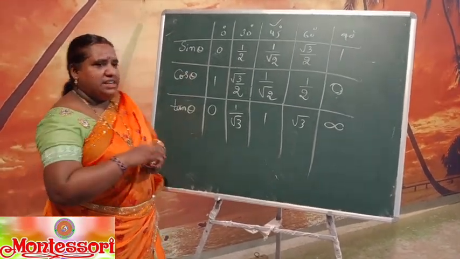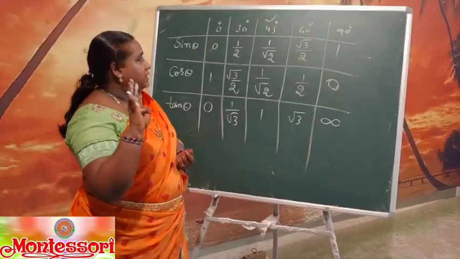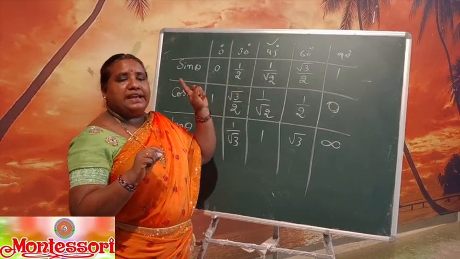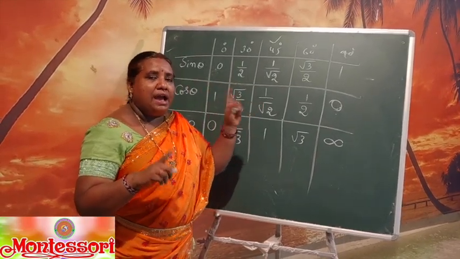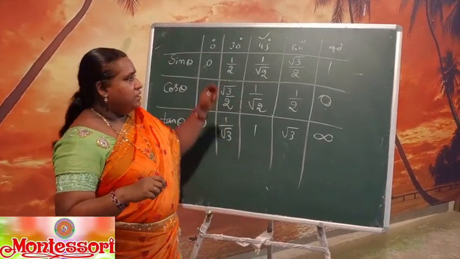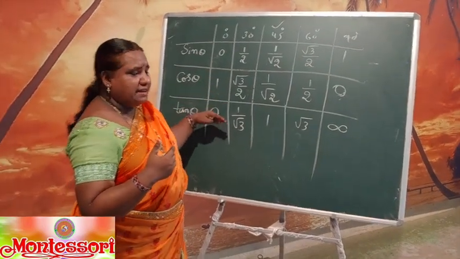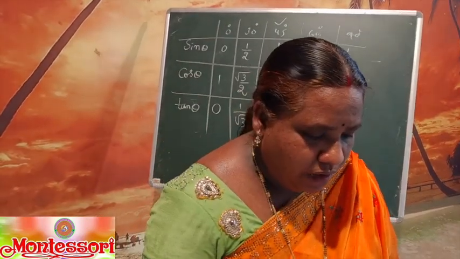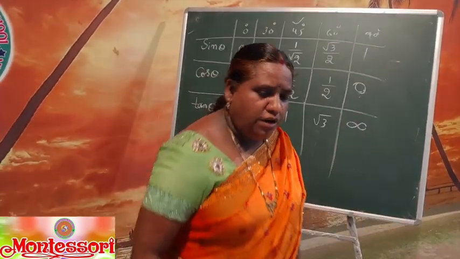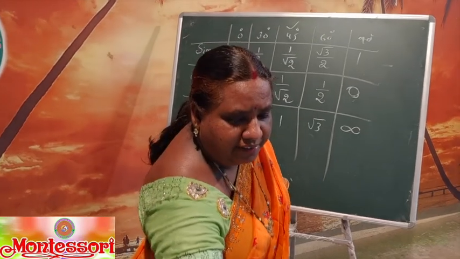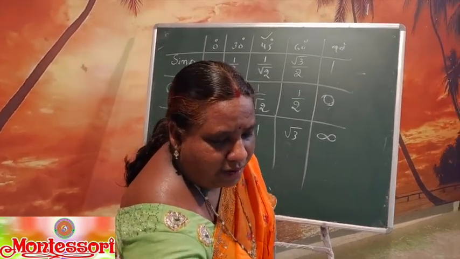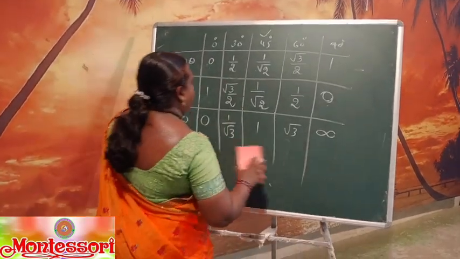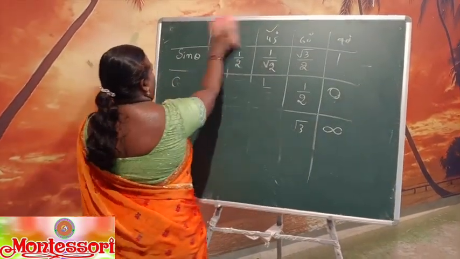Now once again, say children: sin 0 is 0, sin 30 is half, sin 45 is 1 by root 2, sin 60 is root 3 by 2, and sin 90 is 1. I hope you all can practice this well. Now I will go to the exercise, and you have these examples also on this page only, examples 4, 5, 6, you can go through once. And now come to page 284, exercise 11.2.